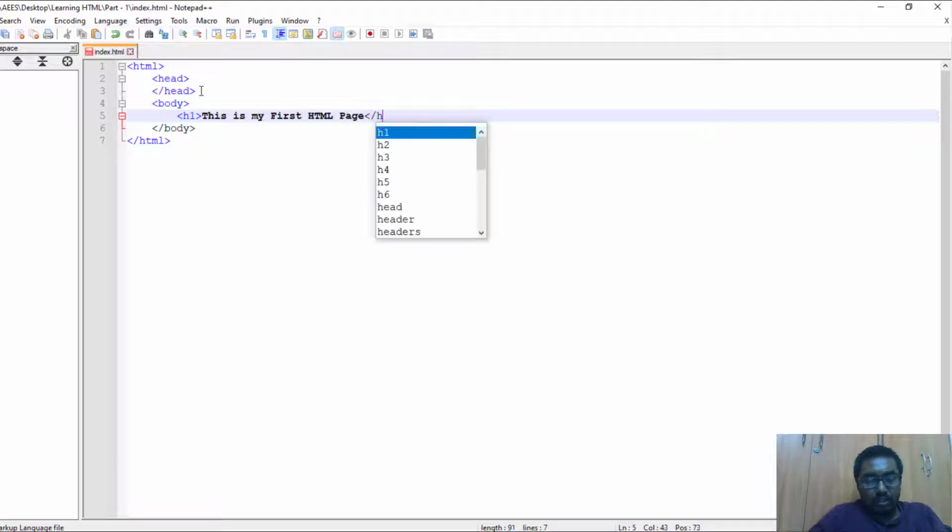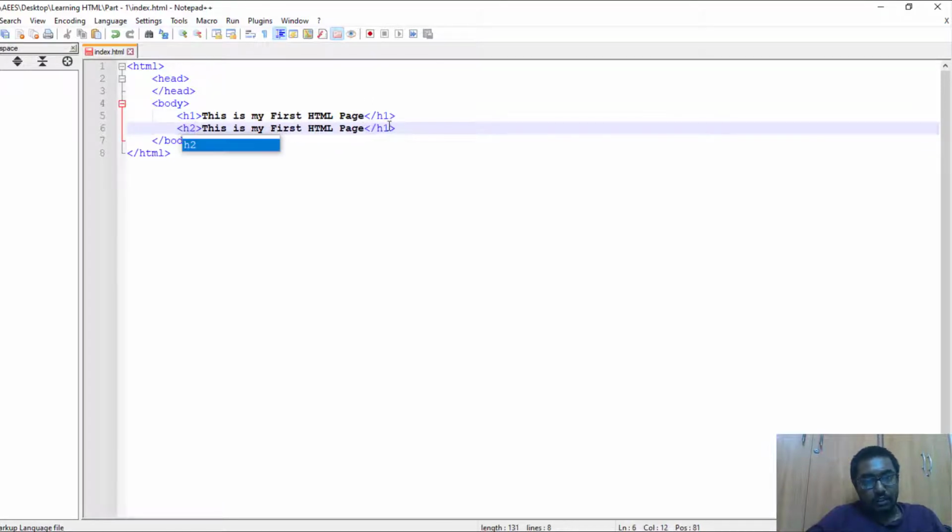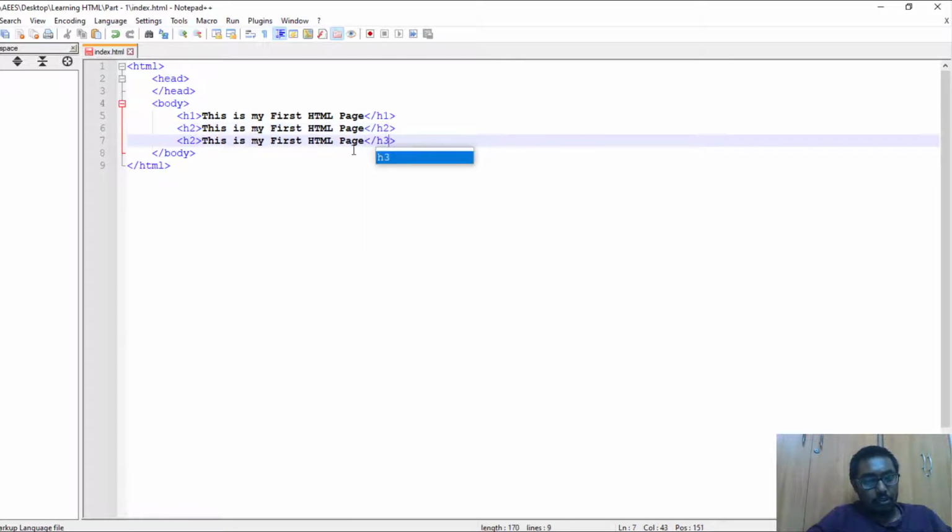This is one h1, and copying also becomes easy. If you press Control D in Notepad++, the upper line will be copied as it is. You have your h2 here, and since you have Control D, I can use it. It becomes much easier for me.